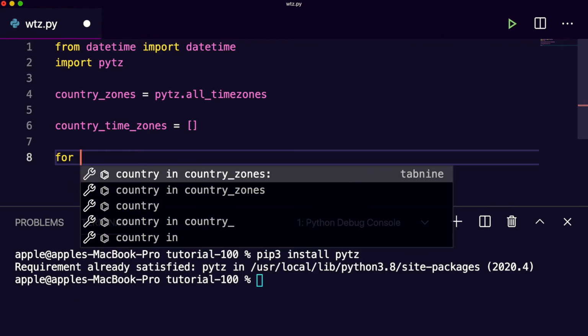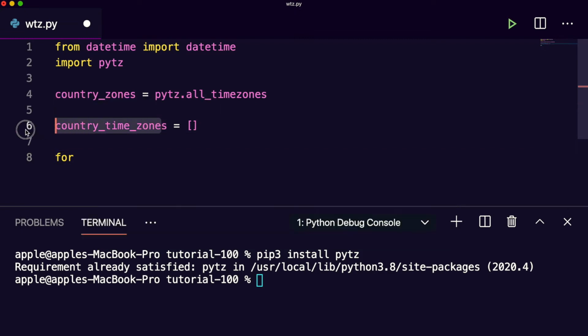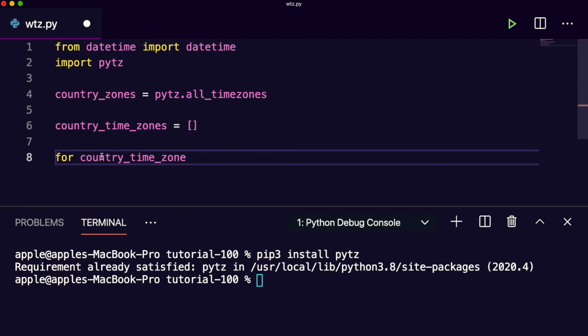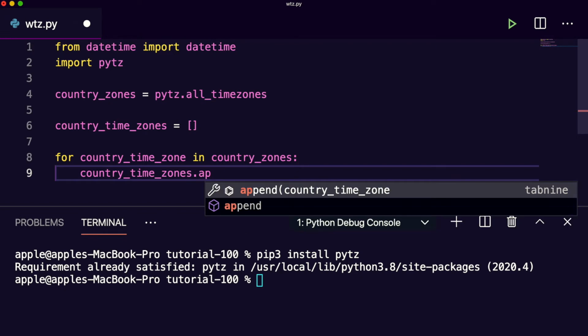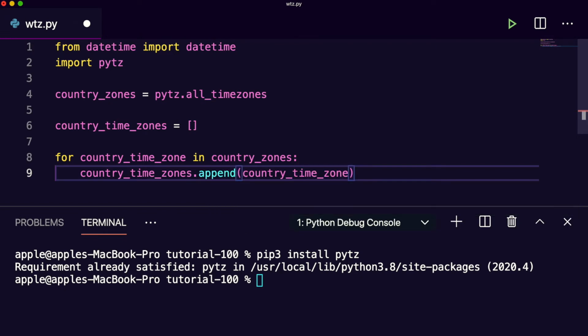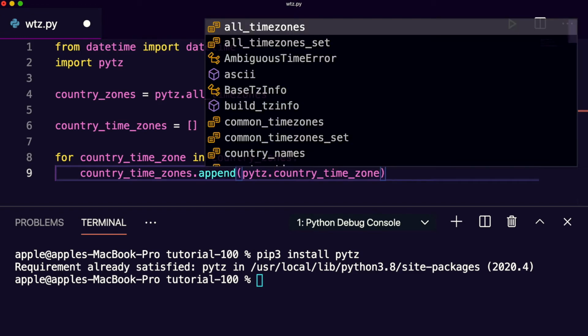For the country zone in country_zones, this is an array of country time zones, and we'll append to this array: country_zones.append, then pytz.timezone of the country time zone.